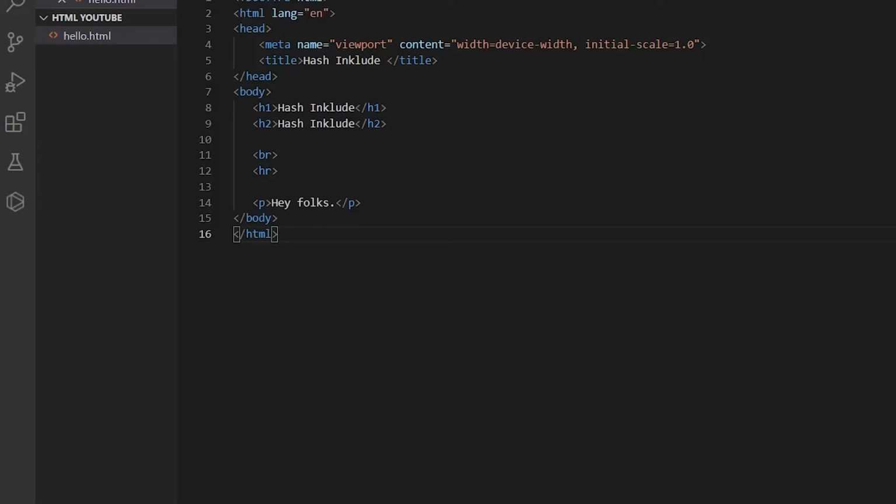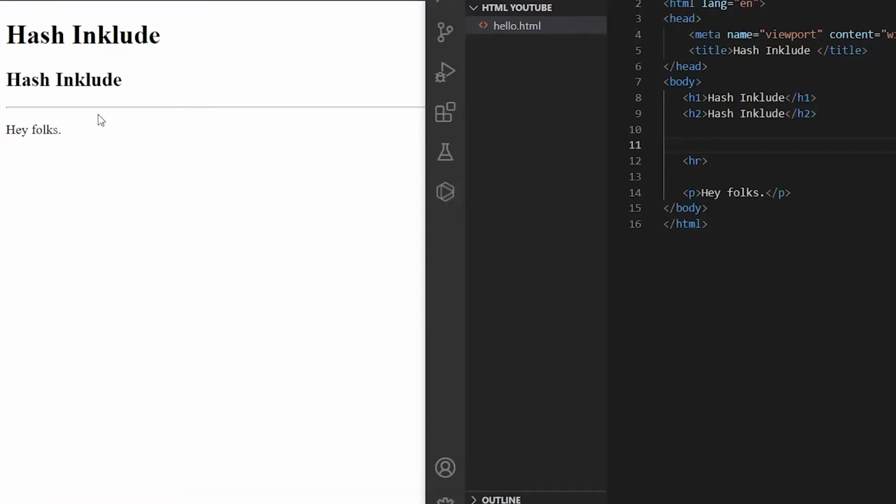If I remove the BR tag, see, this moved up. So that is what the BR tag basically does, and now let me show you. If I insert one more HR tag, okay, so now we have two lines, right? And now if I use the BR tag, right, see, so this is a very good visual of what the BR tag does.